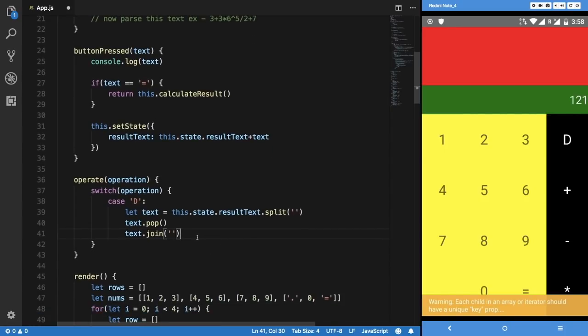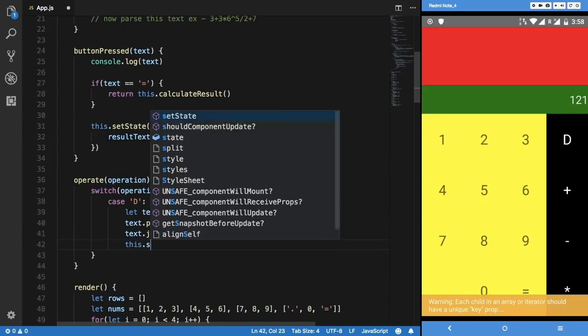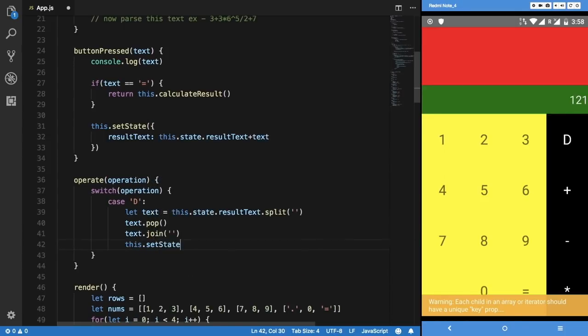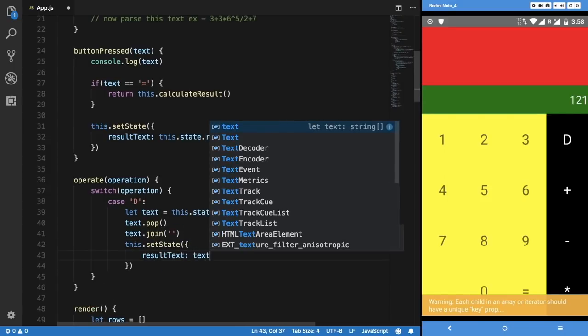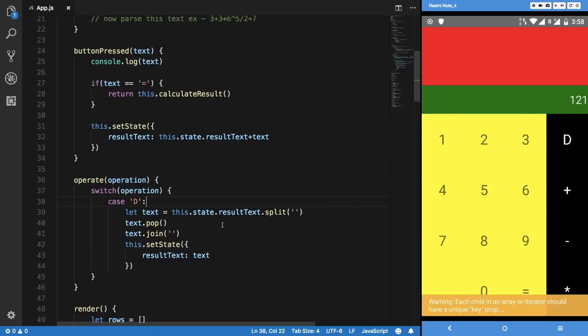So now what we have is that we want to update the state again, so I'm just going to call the setState method right here and say resultText is again equal to our text right here. So if I hit save now, and if I just type something like 555, hit D, you can see that it gets erased, and obviously that's a bad example because all the digits were the same. So if I write 1 2 3 and